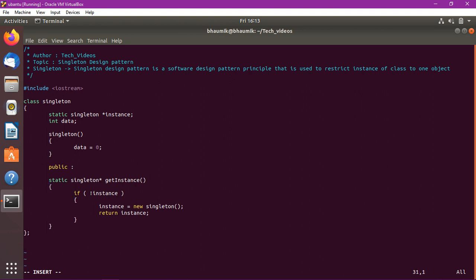Now as this class pointer is static, right? We need to initialize it with the help of the scope resolution operator.